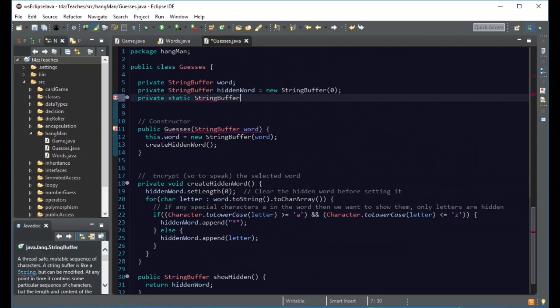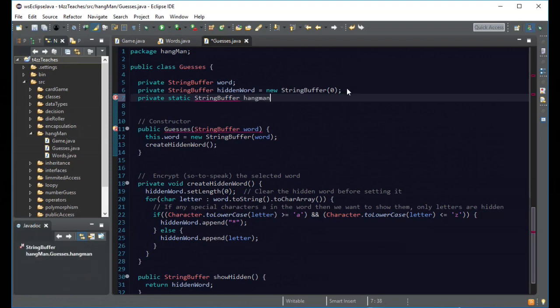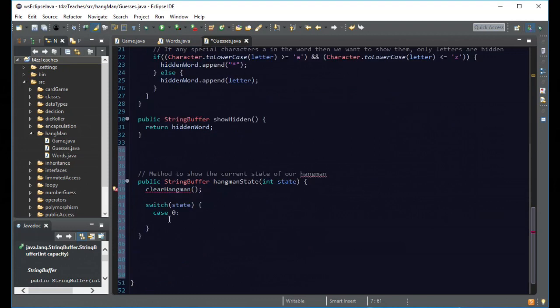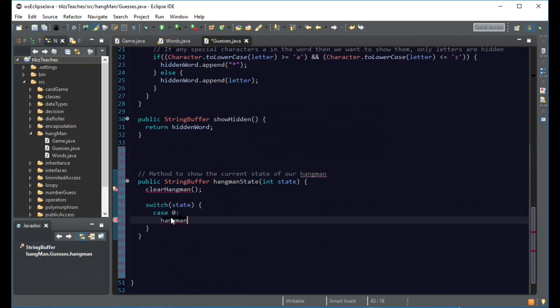String buffer hangman. So here's our hangman equals new string buffer 0. So this will be our variable that actually holds our little hangman state. Okay, good. I was like, oh, are we not in? Okay, so what we're going to want to do here is we're going to do hangman, and